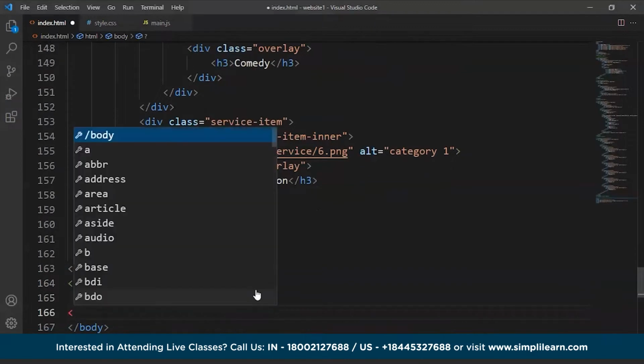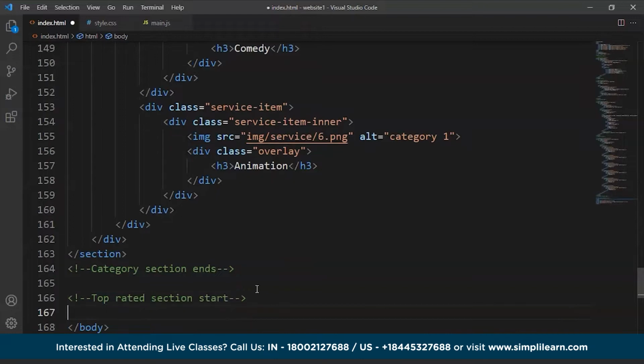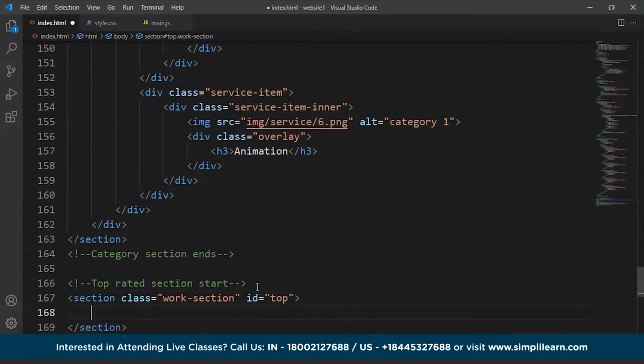So the next section we have is the top rated section. So we'll write here top rated section start. Now what we have to do is we have to take the section tag again. So we'll write here section class is equals to, let's say, work section. So this is going to be the name of our class for top rated section. So we'll write here id as top. Fine. Now the next thing we have to do is we have to write here div class is equals to container,